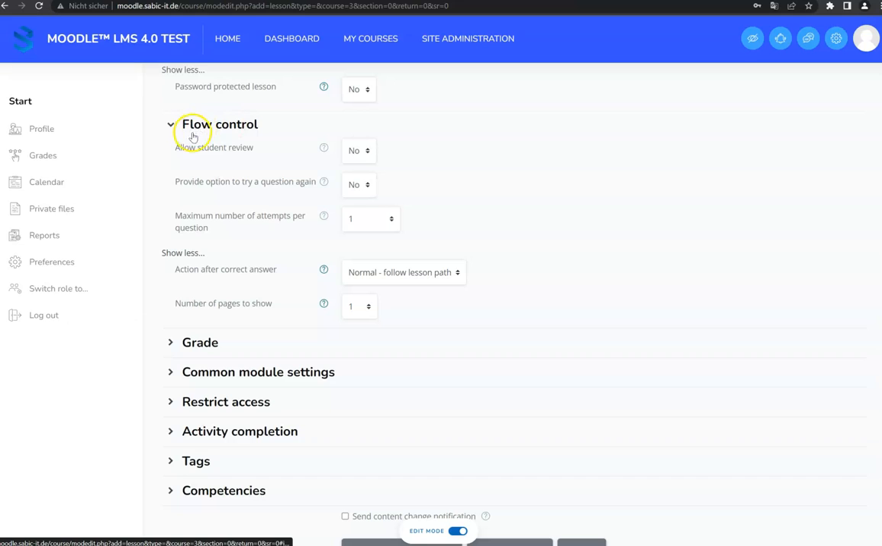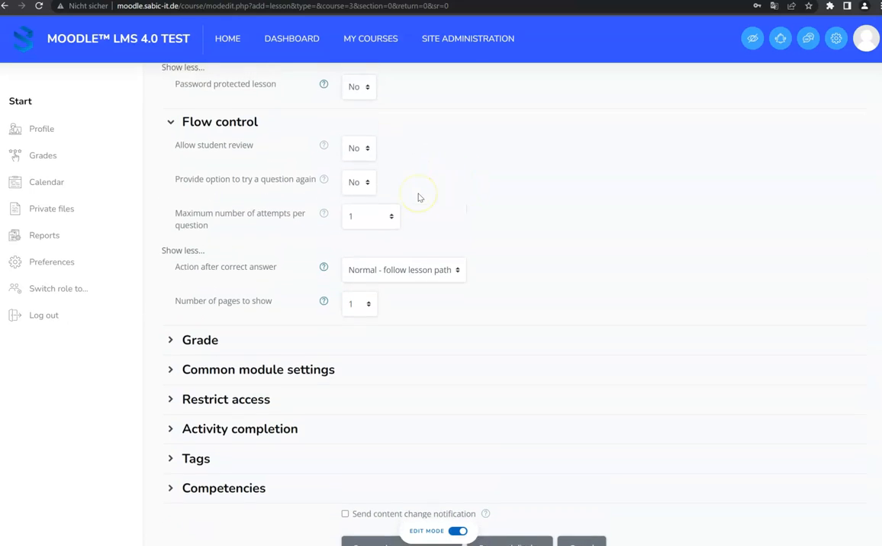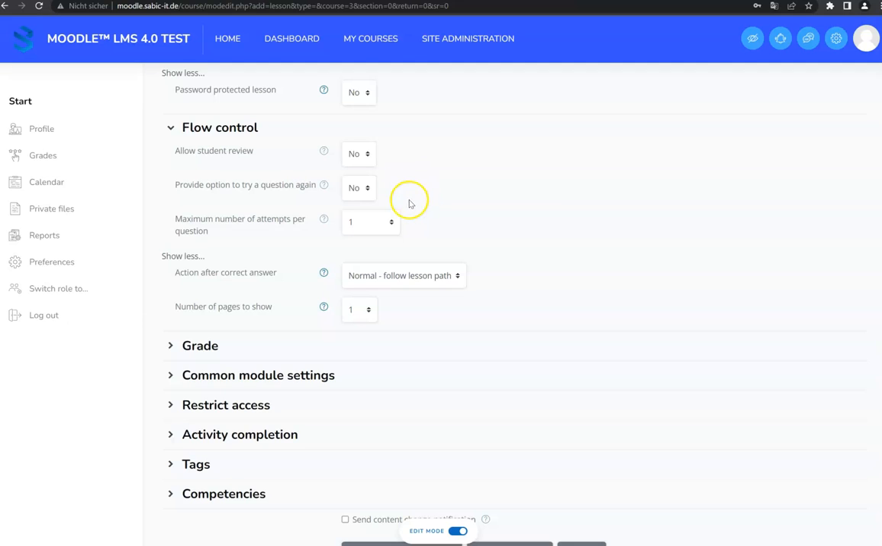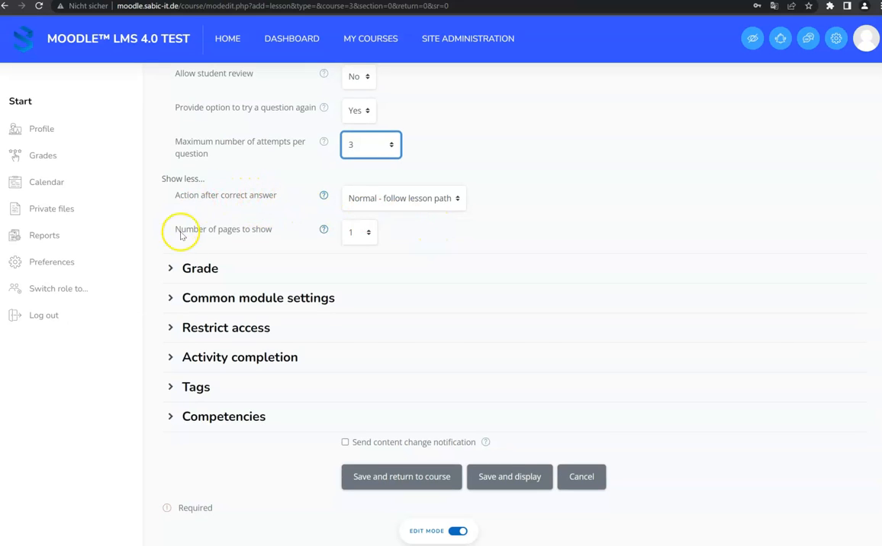You can manage the flow control. For example, you can allow the students to review the lesson. If the lesson is not graded, you can turn this on, but I usually leave this off so that the students, when they click on the lesson, actually do attempt the lesson and not only do a preview. If the students, for example, fail a question, you can configure the option so that they can try again. You can set the number of attempts or retries they have for each question. And